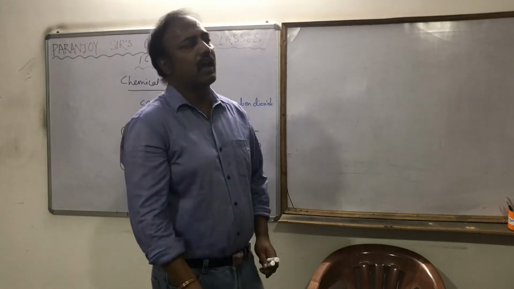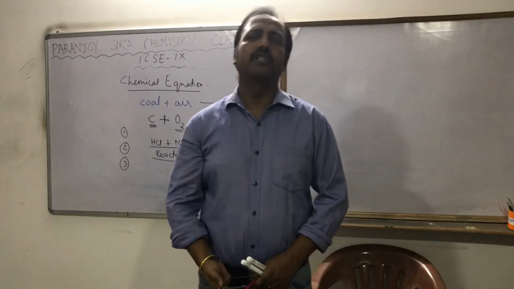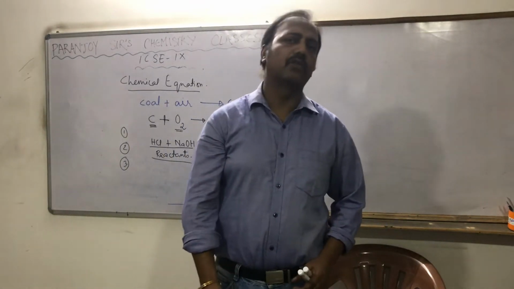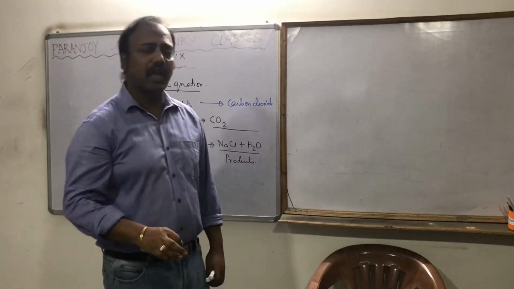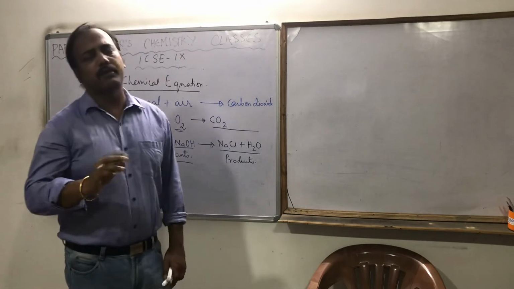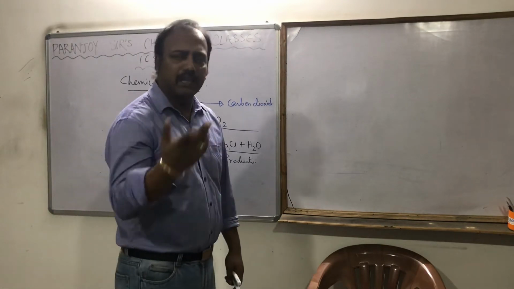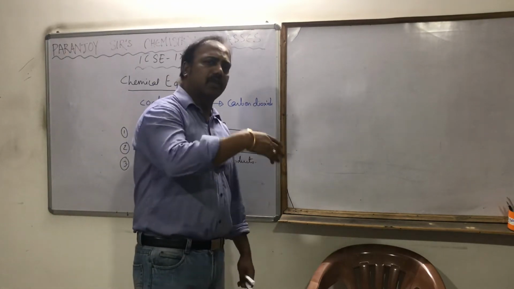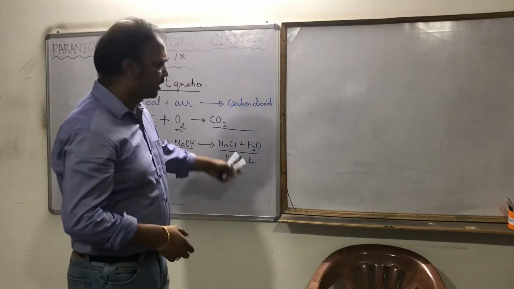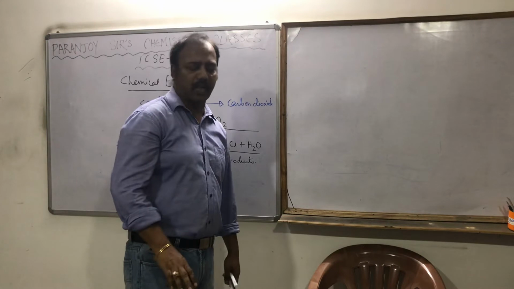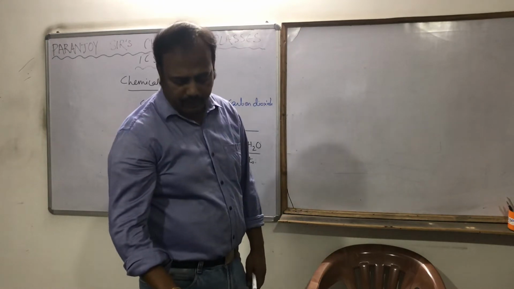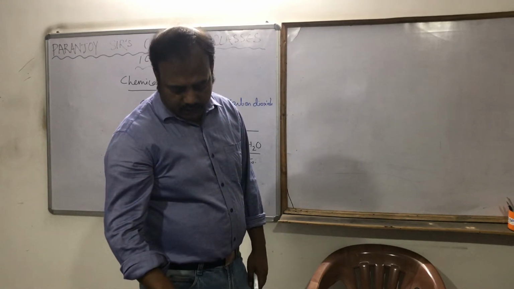And how to write a chemical reaction? Whichever chemicals are undergoing the reaction are symbolized by their molecular formulas with a positive sign in between them. And then on the other side, the right hand side, we write down the ones which are produced, and those are called products, with a positive sign in between them. So this is one.